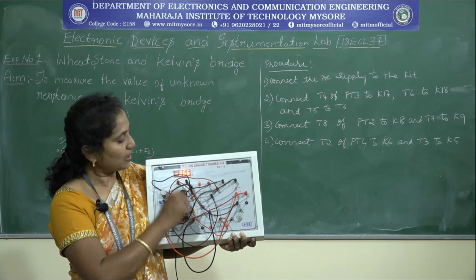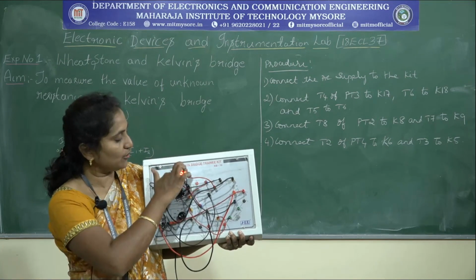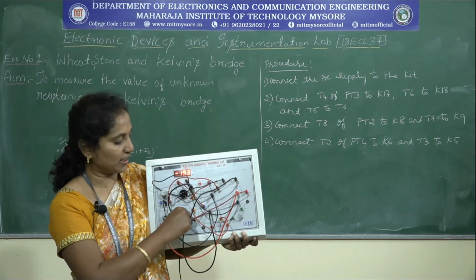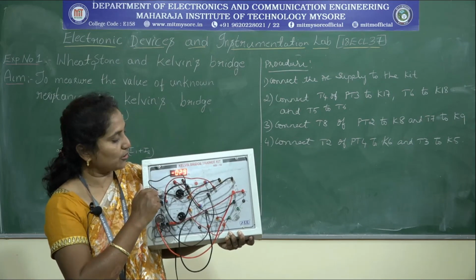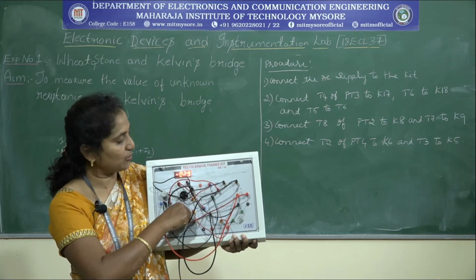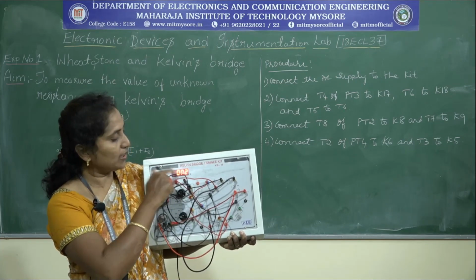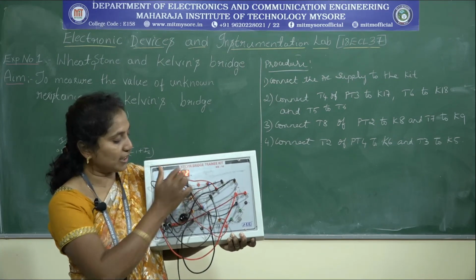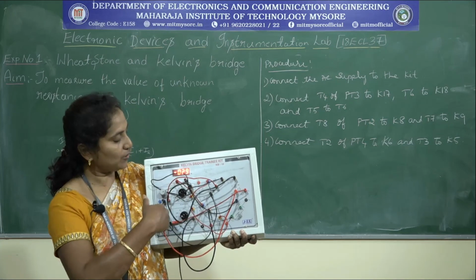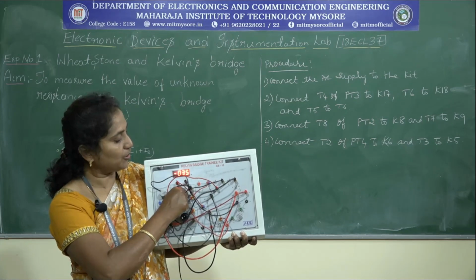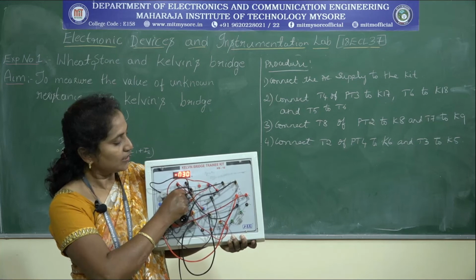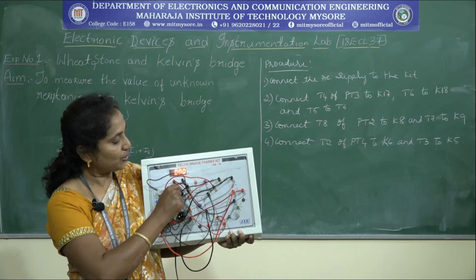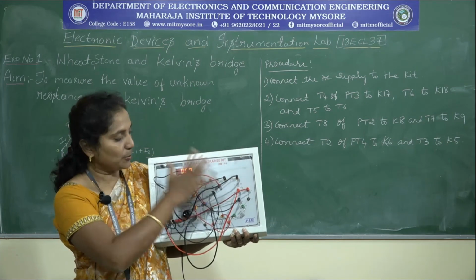First it was showing 366. Vary this, it is going to decrease. Up to 0 it has to come. See, minus 29 it is showing. So now it has gone to the plus side. Once it is on the plus side, you come back to the previous one and vary the minute one. Otherwise vary this one. Now it is 0. So in this way the bridge is balanced.